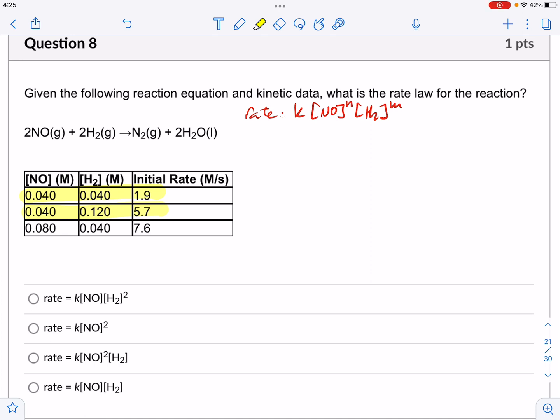Nitrogen oxide is being kept constant here. If we call these trials 1, 2, and 3, then rate 2 over rate 1, I tend to use whichever is higher in the rate, is equal to 5.7 divided by 1.9, and this is going to be equal to